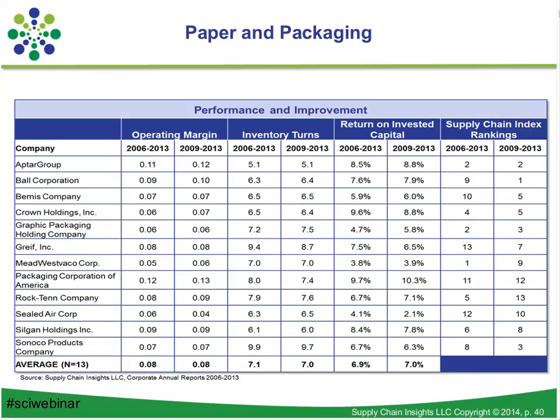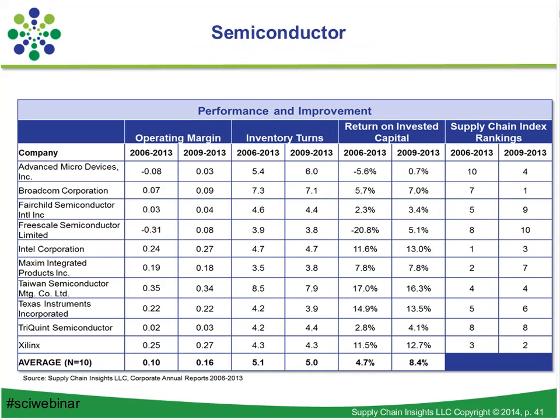Sunoco products almost makes the list, but they lack the inventory numbers. But the packaging group has not been a strong performer in supply chain excellence. Semiconductor. This was very interesting to me because Taiwan Semiconductor has always been a great case study for me around value networks. And so I was excited to see them pull up to the top of the pack because I really love the case study work that they've done around building value networks, sharing design information, and powering innovation in